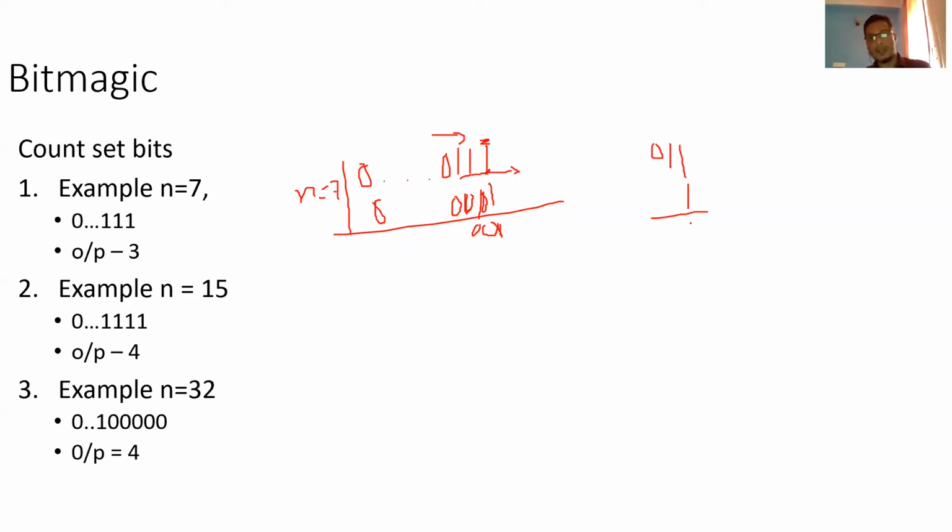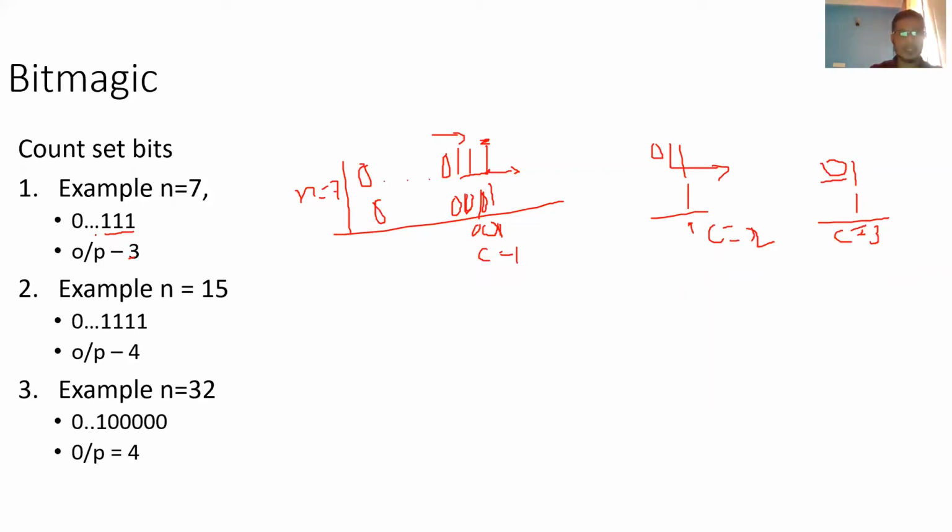Once I know the result of this operation, I will increase the count. Now the count is 1. In this operation, count equals 2. Once I know the count, again I will do the right shift. So my next number will be 0, 1. Again I will AND with 1. So the count will become 3 because I'm getting the result as 1, so the bit is set. Once I know that the number is 0, then I won't do that operation. So in this case, given n equal to 7, we have 3 bits. All the bits are set. So the output is 3.